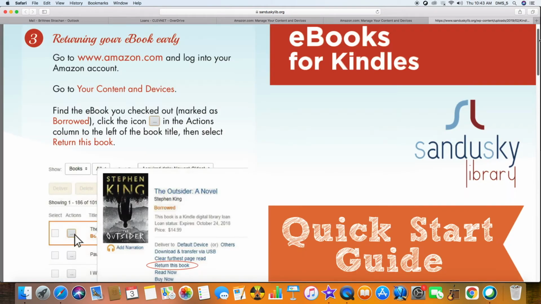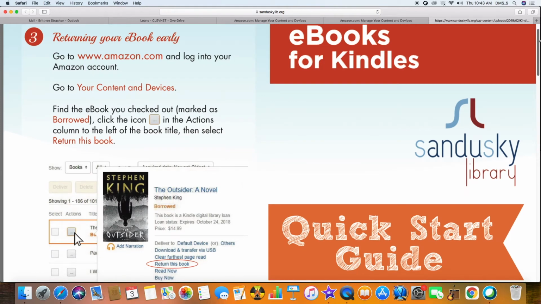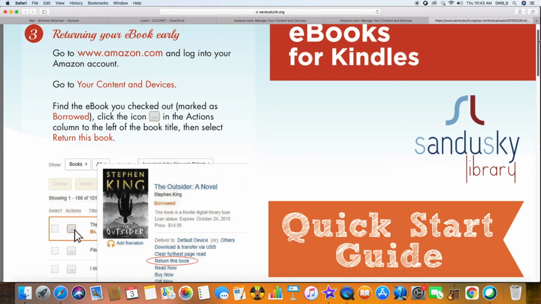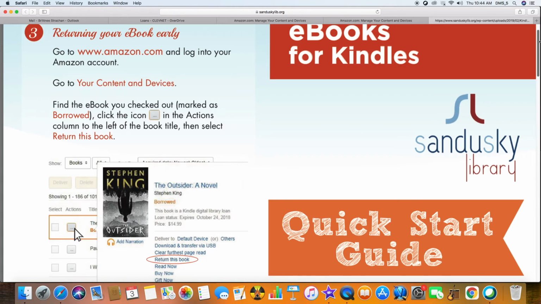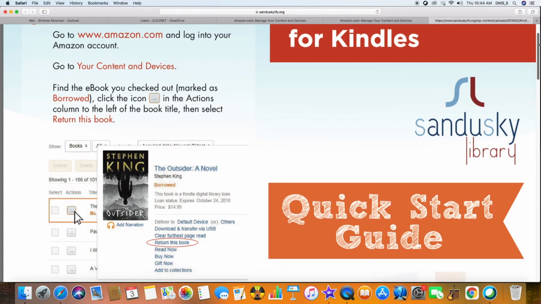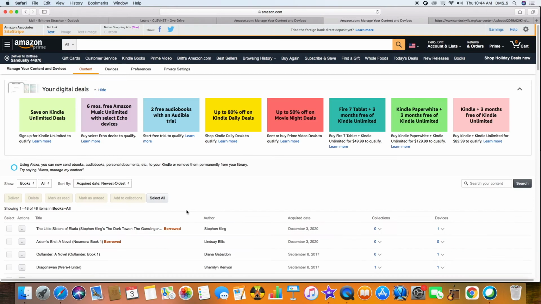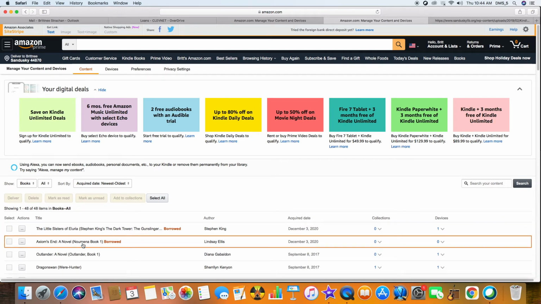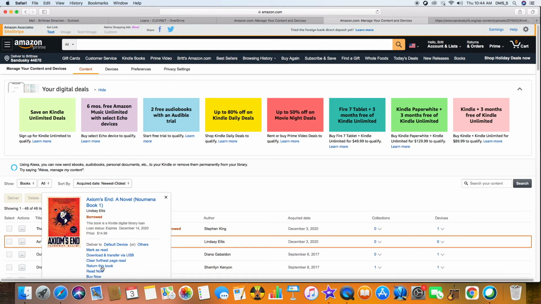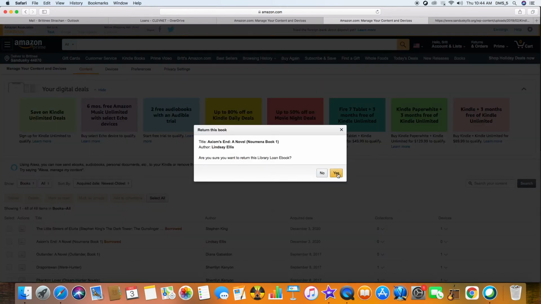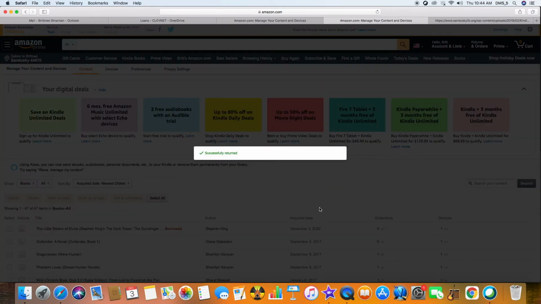book early. Now, it'll normally come off after your 21 days are done, the book will automatically come off, but if you're interested in giving it back early because maybe someone else would like to read it, you're going to go back to your Amazon account, select the 3-dot box next to the book you'd like to return, and you'll select return the book. It'll ask you if you want to, you'll select yes, and it'll come off of your